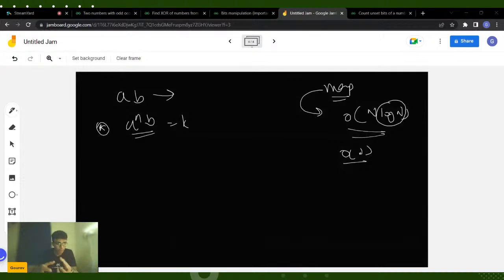And when you XOR the second group, all the even occurring elements will get cancelled and you will be left with B. So finally you can return A and B together. So this is the idea about how you will XOR the elements so as to get those two particular elements which are occurring an odd number of times. Okay. So, did anyone understand the intuition properly about how we are using this?